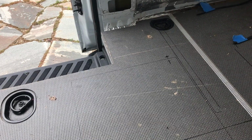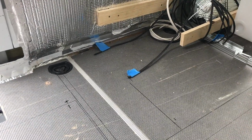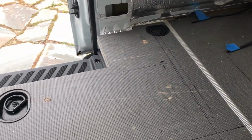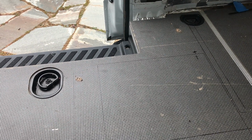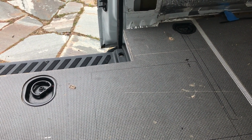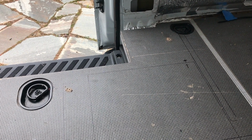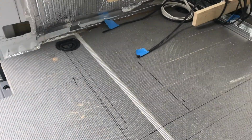So today I am working on plumbing and getting ready to put in our kitchen cabinet, which is gonna sit right here. Before we can put the cabinet in though, I need to make sure that I have my holes drilled for my plumbing so that when I set the cabinet in place, I don't have to move it again. To do this, you're going to want to take multiple measurements,